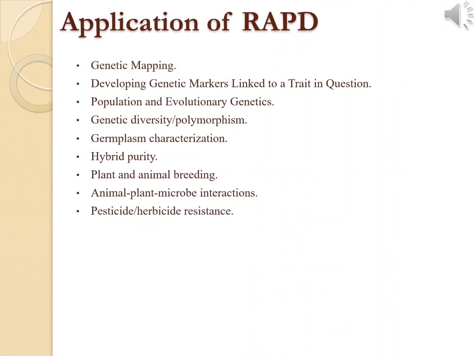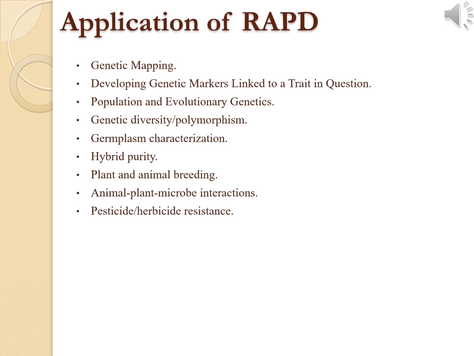Lastly, applications of RAPD. RAPD is used as a genetic marker to construct genetic maps. For example, using RAPD, genetic maps have been prepared for many plants like Arabidopsis, Helianthus, pines, etc. RAPD can also be used in mapping genetic traits. Like RFLP, RAPD is used for indirect selection of segregating population through the tagging of genes of high economic value